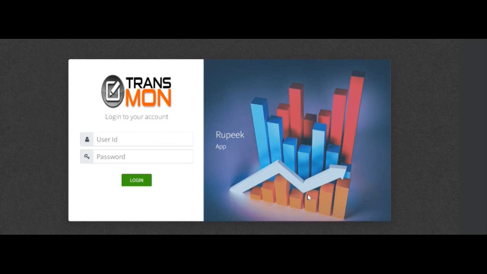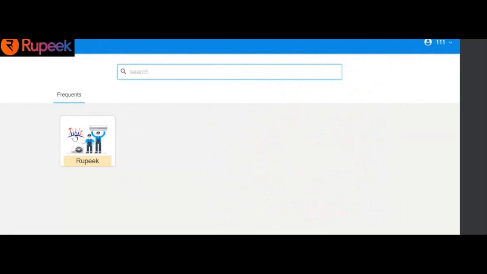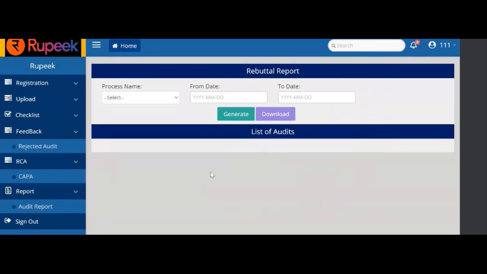So next, what we are going to demonstrate now is how an auditee supervisor or an auditee manager will utilize TransMon for rebuttal management as well as CAPA procedure. So just like all other stakeholders, the auditee manager is to log in with its unique username and password and click on the login button. After clicking on the repeat icon, this is the screen that is visible to the auditee